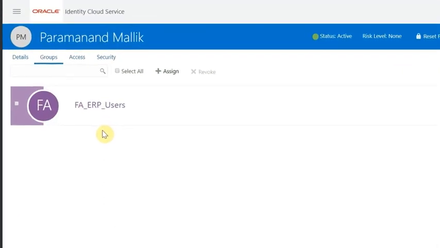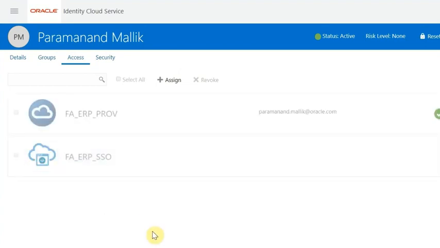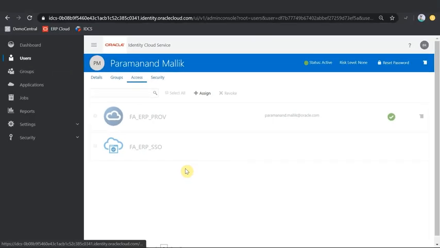If you explore the Groups and Access tabs, we can see that the user belongs to the ERP FA users group and has access to two applications. These applications allow us to provision the user from IDCS to ERP Cloud using a pre-built connector.